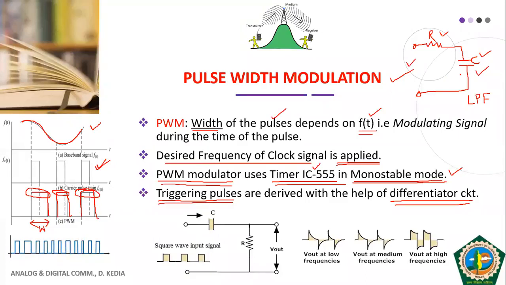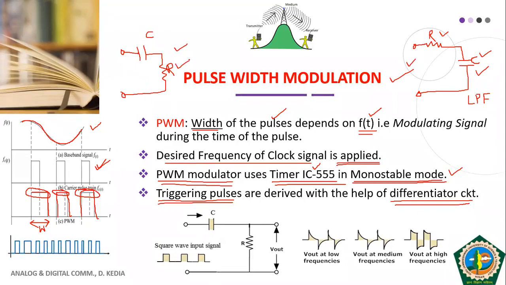And we know what happens when we integrate mathematically. The same thing applies to this RC circuit. But if we change the position of resistance and capacitance, if we make it like this, and if we obtain the output across the resistance, this circuit will work as a high pass circuit, meaning it will pass high frequencies, or you can say a high pass filter. And this high pass filter, if you represent it mathematically, will be working as a differentiator.